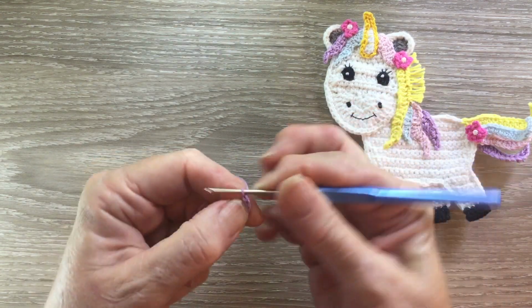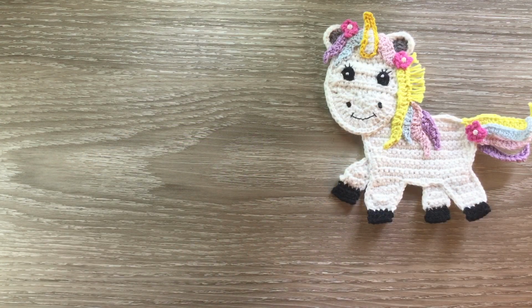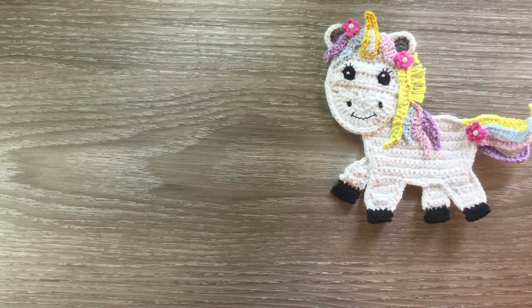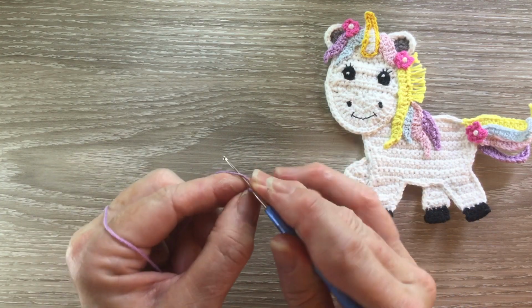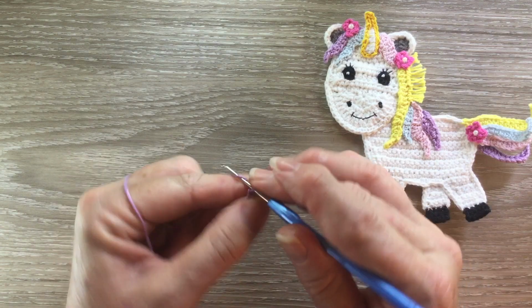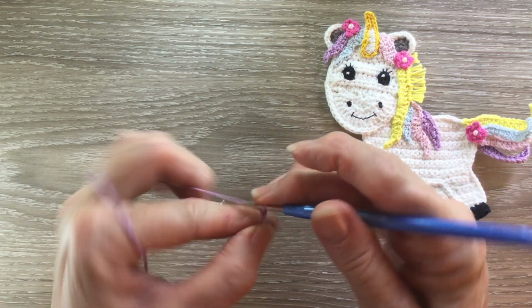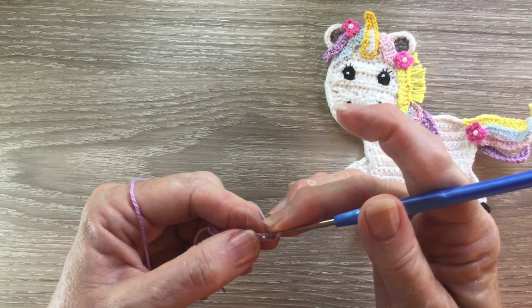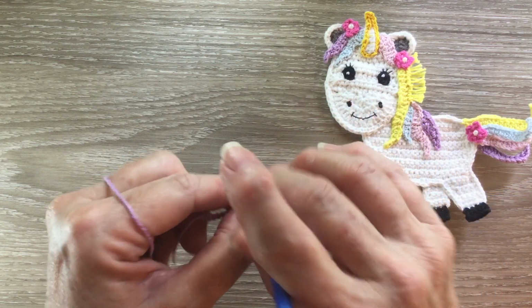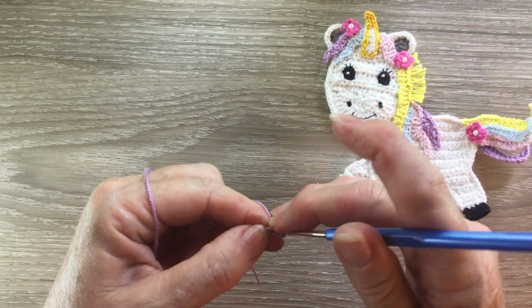Now I'll have to make 3 more in different colours. While I've got my mauve, I'll start on this little piece here. I start with 12 chain. I miss the first chain and work a single crochet into the next stitch, a half double crochet in the following,